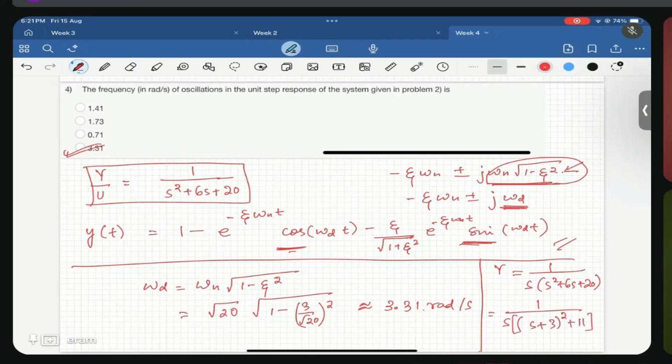You can write this system like this also. Now from here, if you do the partial fraction, you will have some terms like a by s plus something divided by (s plus 3) whole square plus 11. So these terms will give you sine and cosine terms,